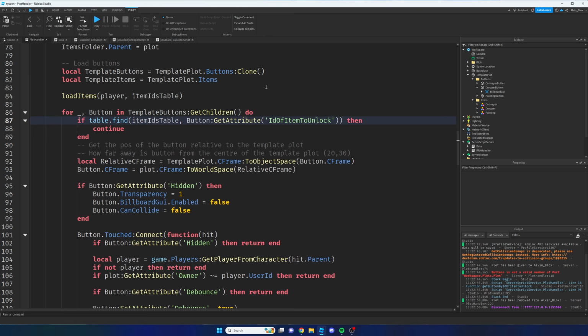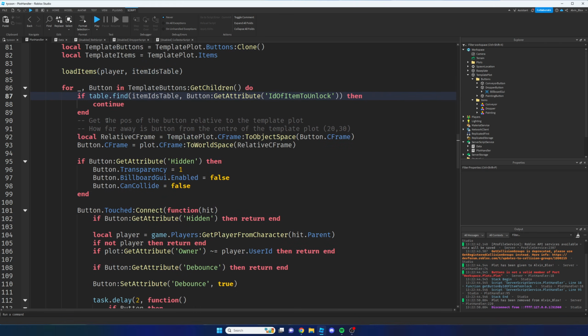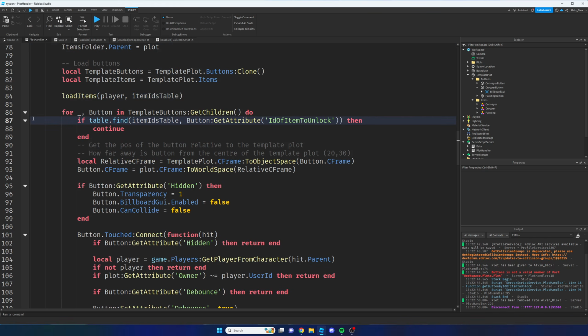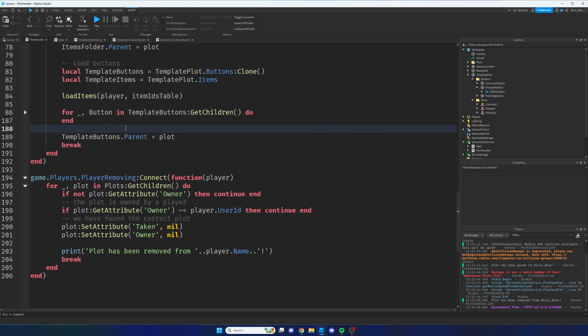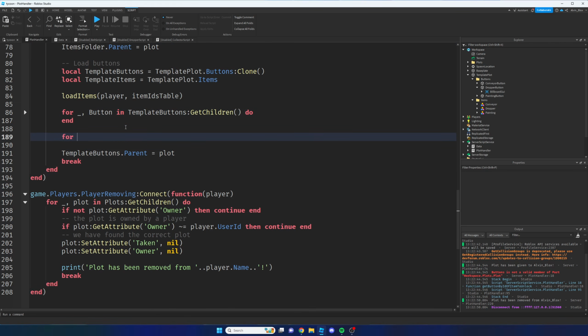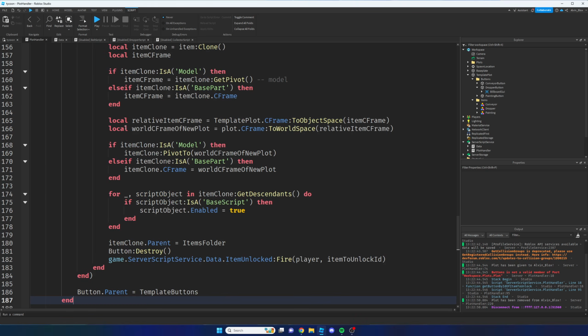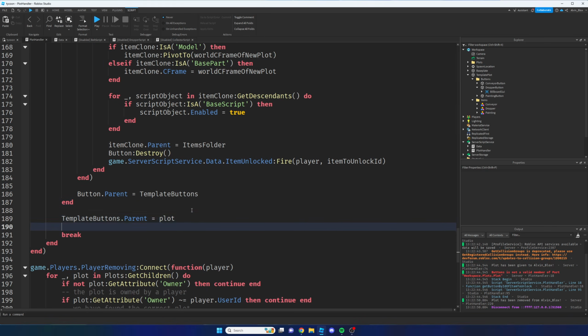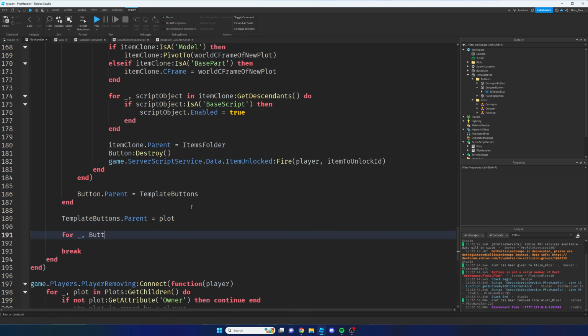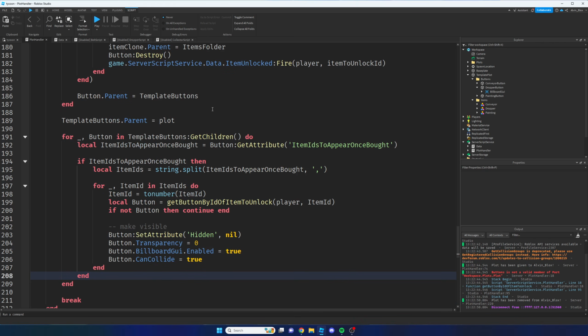You don't have to worry about changing any of this. But I'm just going to take that code. I'm going to wait until we've looped through all of the buttons, and I'm going to do another loop once the buttons folder has been added to the plot. I'm going to say for underscore button in template buttons get children do. I'm going to paste